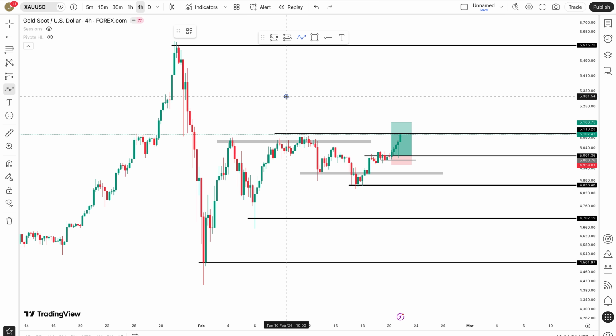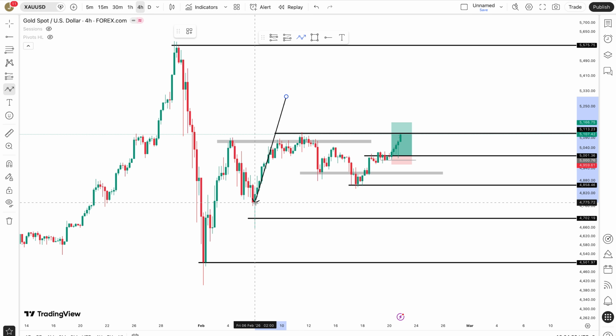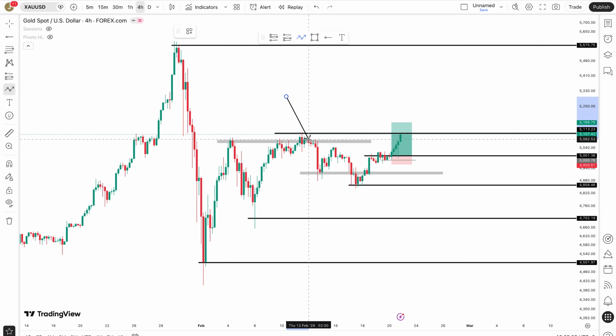Gold, at this point, sold off right here. And I explained this in the previous video. When it came back up here, it made a lower high, right? But then made a higher low. So I was thinking, okay, buys. So I had marked this level out and I was expecting the market to break this level, give me an indication, a correction, and then I would have taken buys from this level.